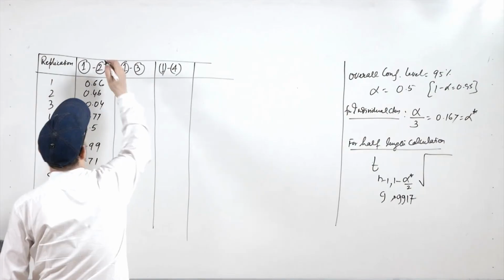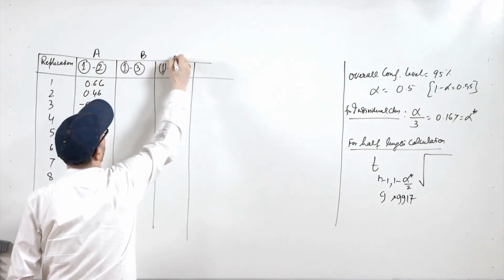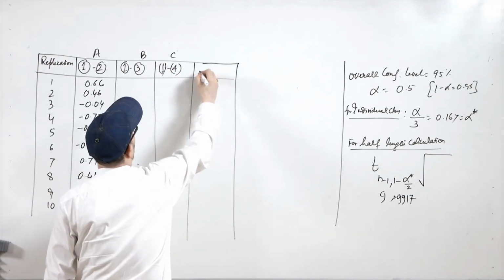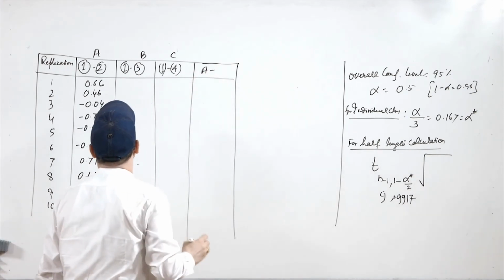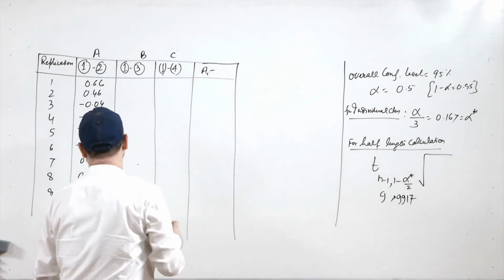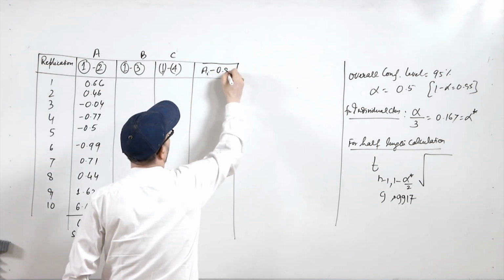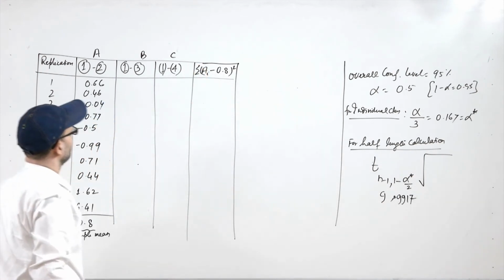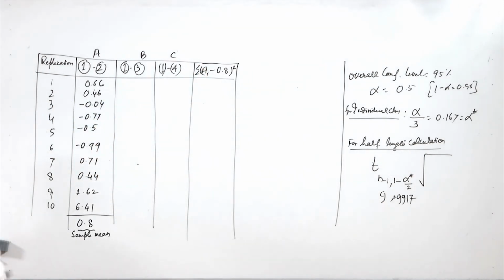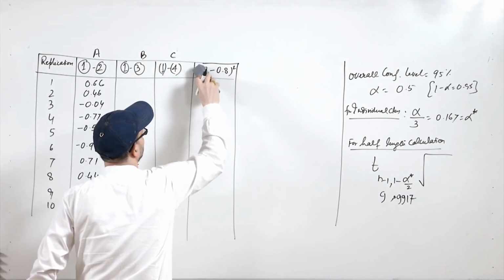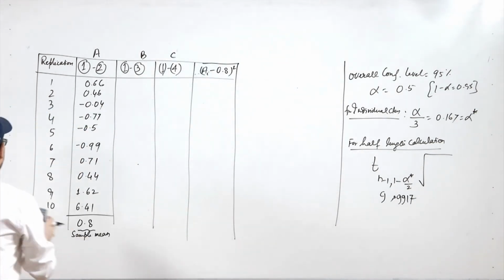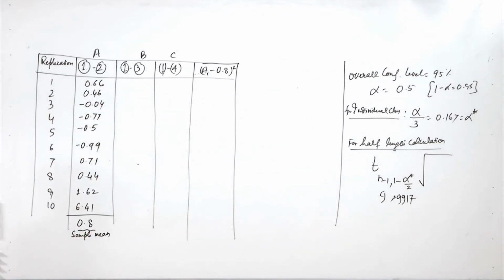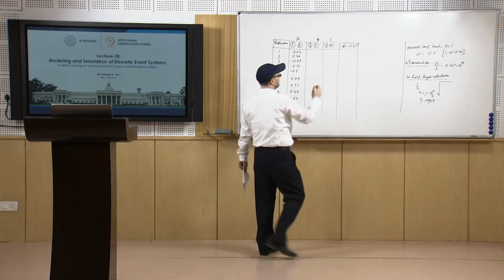0.66. So, if we take this as A, this as B and this as C. For the calculation, we get A_i minus 0.8, and this will be squared, and we have the summation. We will sum it later in the end. So, A_i minus 0.8 squared. Now, see, 0.66 minus 0.8 squared. So, it will be minus 0.14 squared. So, it will be